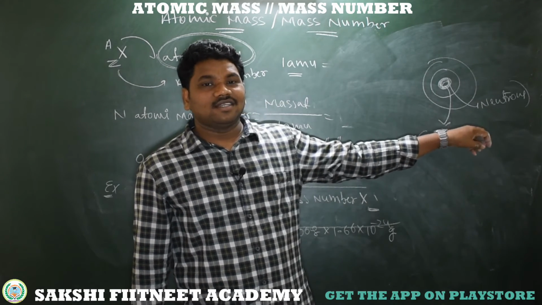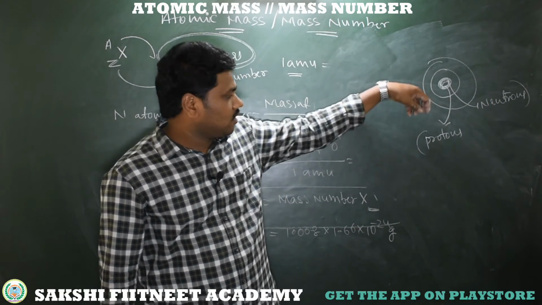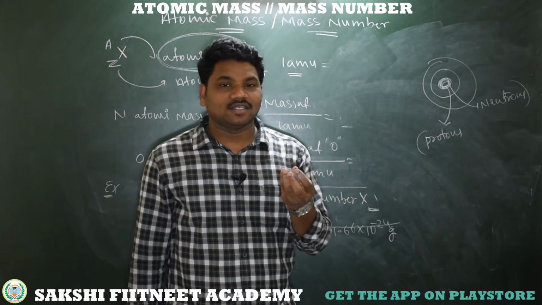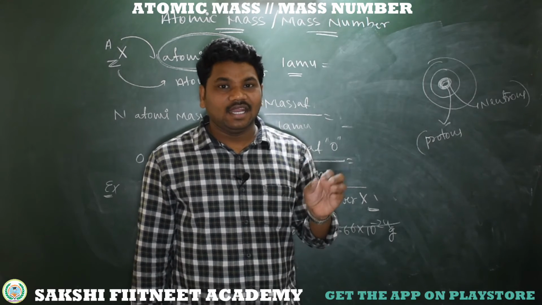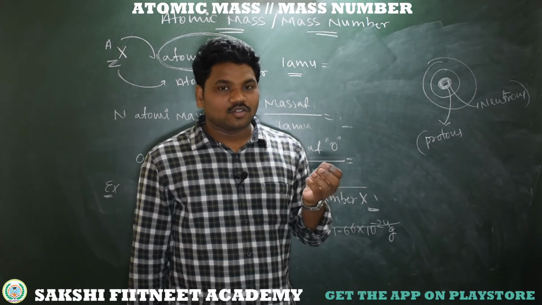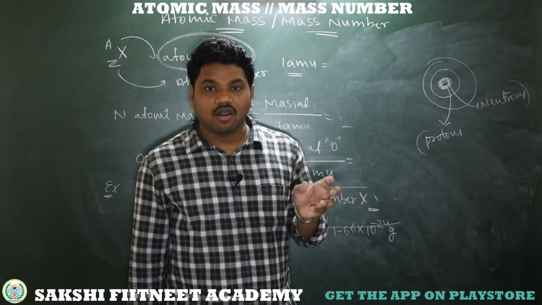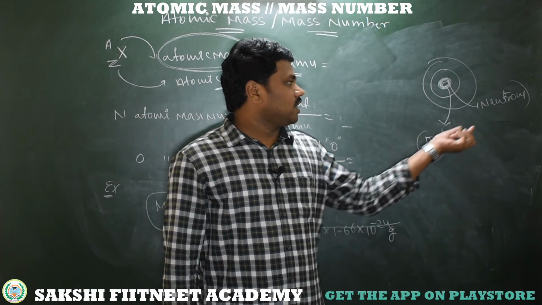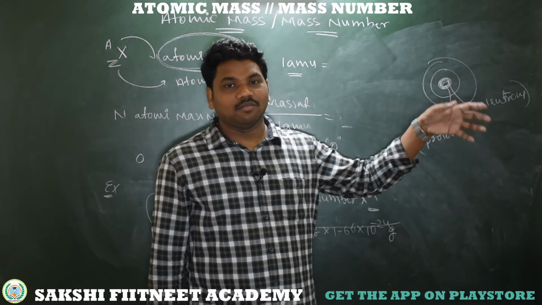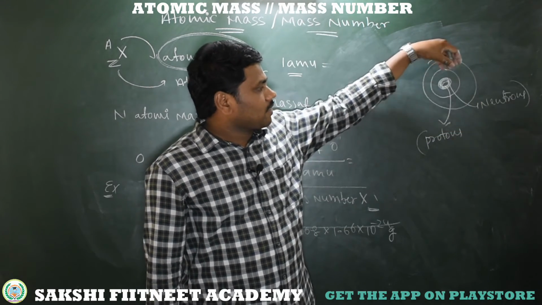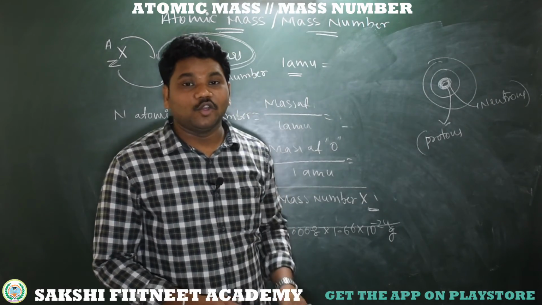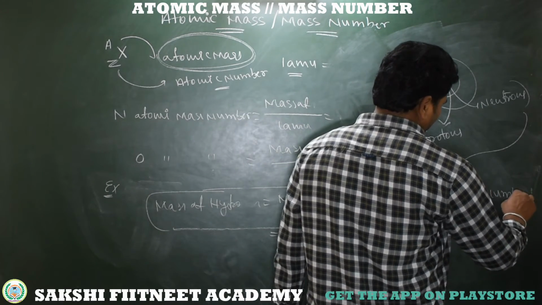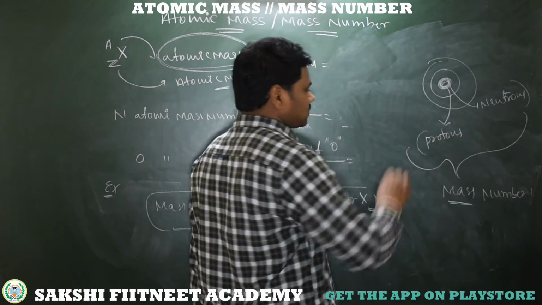Here we are considering the weight of neutrons and the weight of protons to measure the mass of that atom. We are not considering electron weight because it's highly negligible. It's a very low value. So we are not considering electrons as mass particles. We are considering protons and neutrons as the mass particles. So simply, the number of protons plus the number of neutrons present in the nucleus of an atom is called the mass number, the atomic mass number.